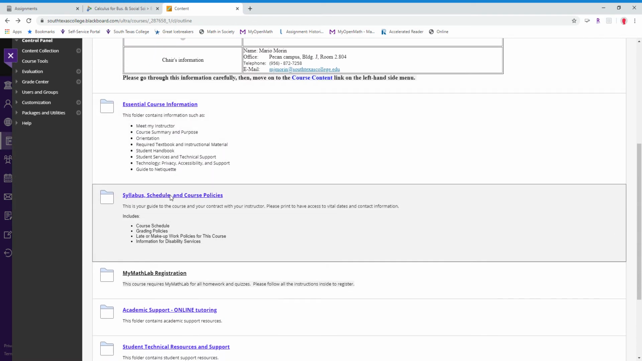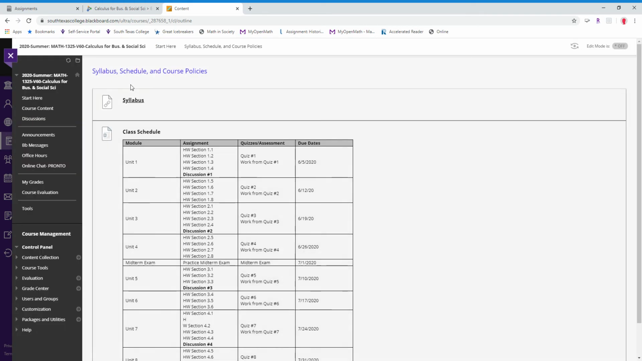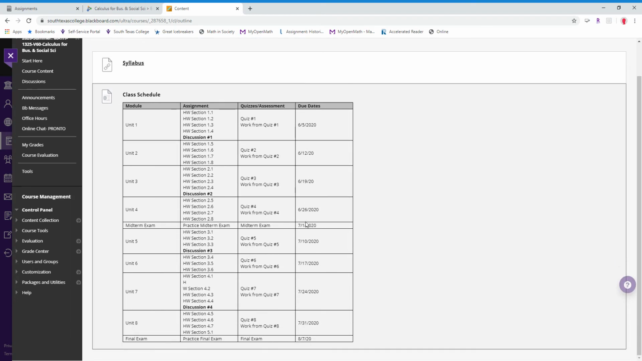The syllabus can be found in the second folder here. I have the syllabus here, and I have the calendar for the course. This is a Summer 3 course, so you see the dates reflect that. And I have 8 units, and then you have separate units for the midterm and the final. When you click on the syllabus, you will see